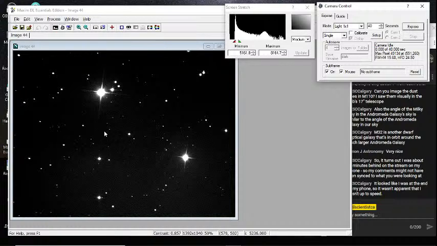Next up, I'm just going to make sure I've got a line of sight to it. Yep, I do. So the next thing we're going to look at is M42 and M43, which is the Great Nebula in Orion. Very, very pretty, very bright, and very easy to find. Even if you're in a dark site, you can see it naked eye, and if not, a pair of binoculars will do it for you. So we're just going to go heading over there.